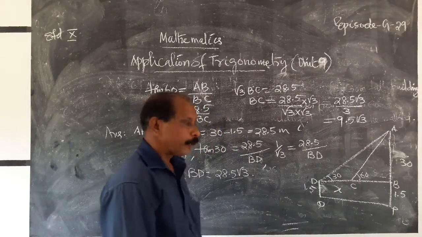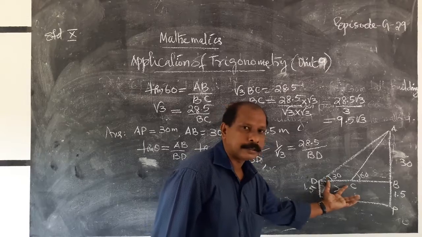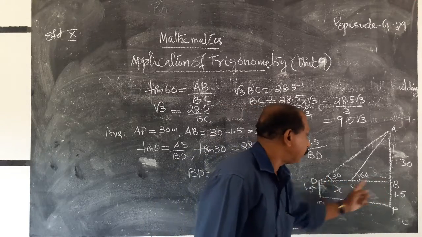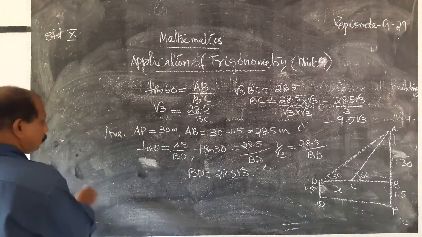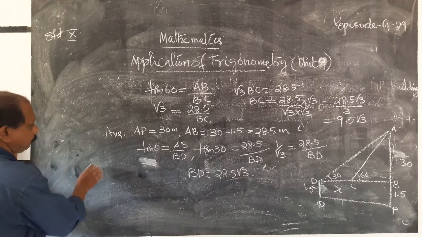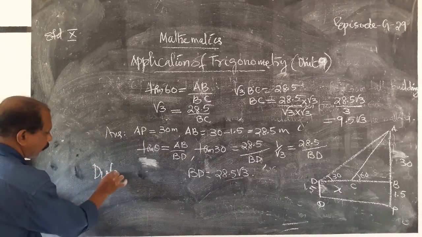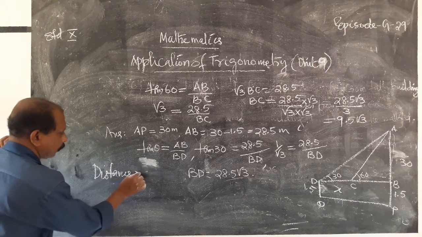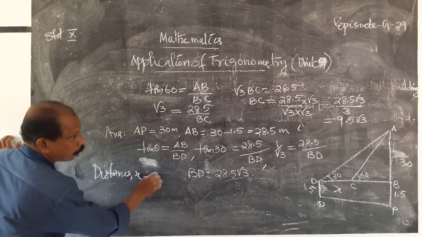That is BC. Then the distance traveled is x. x is equal to BD minus BC. Therefore, the distance traveled x is equal to BD